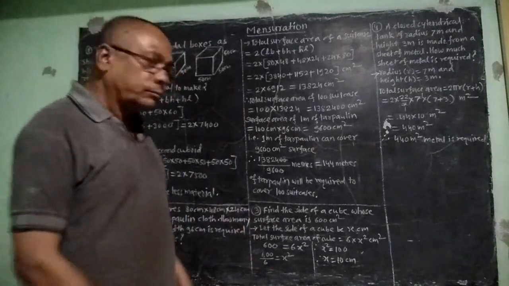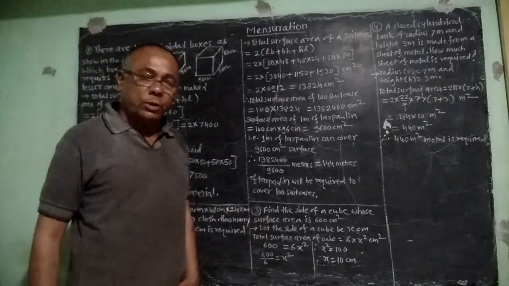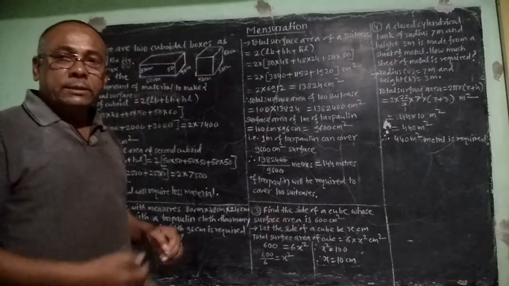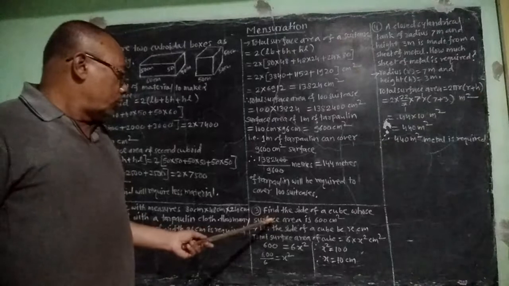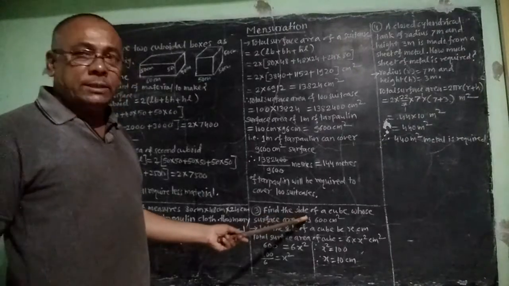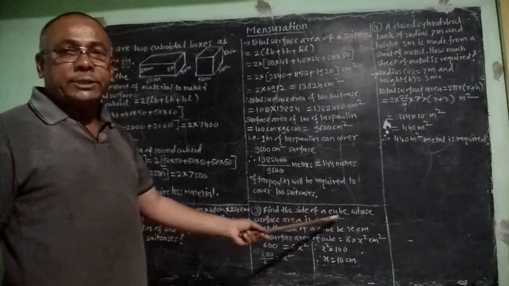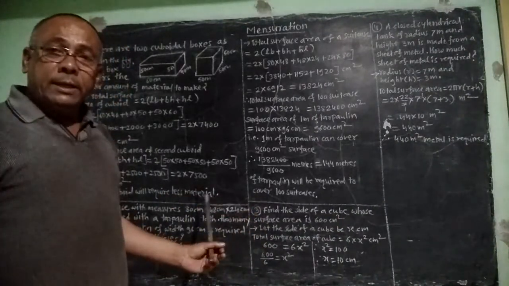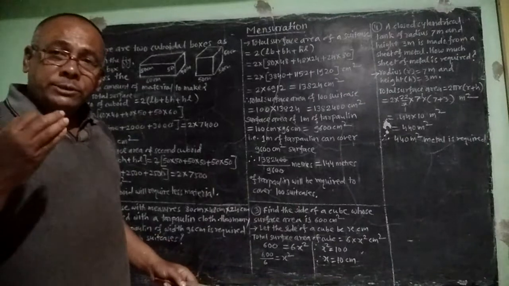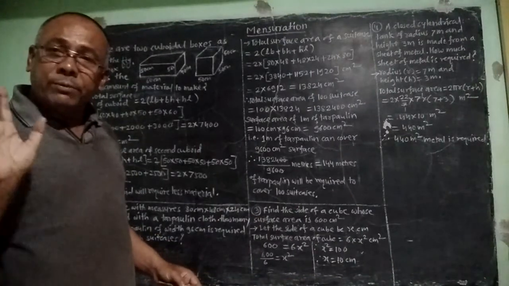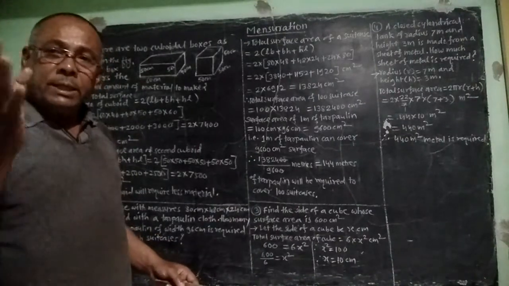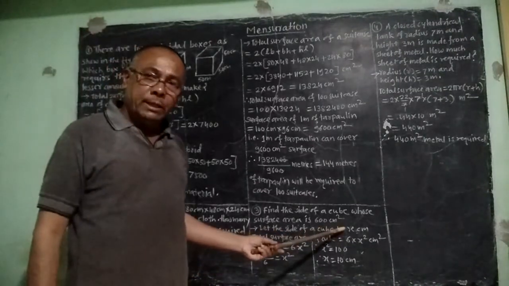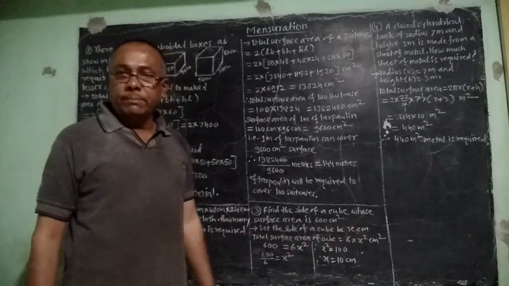Now, there is one more example we have to solve. That is, find the side of a cube whose surface area is 600 centimeter square. Now here the side is not given, so let us consider it to be x centimeter. So write down, let the side of a cube be x centimeters,